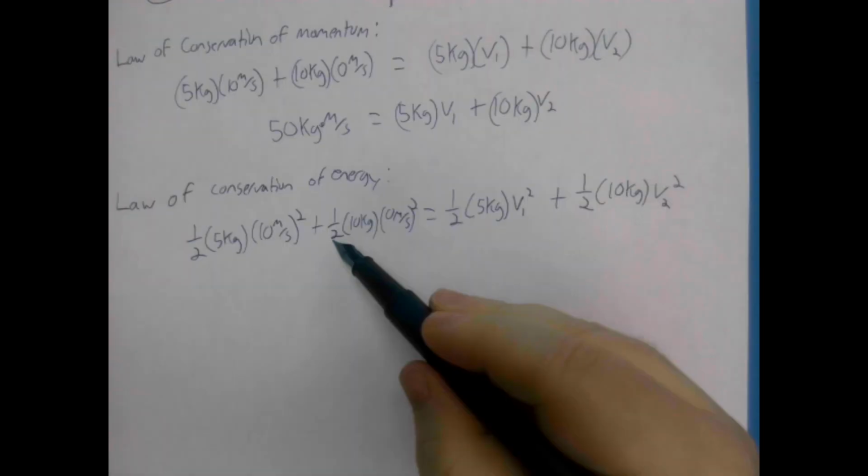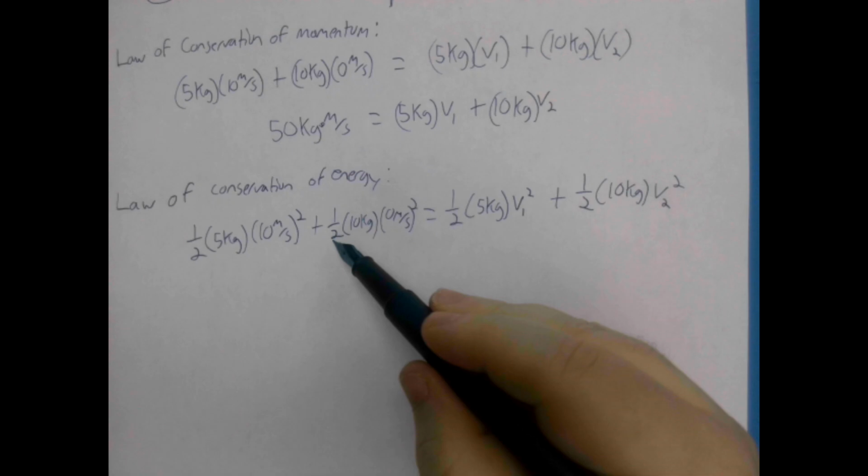This is 0, so that cancels out. 1 half times 5 times 10 squared is 250 joules,